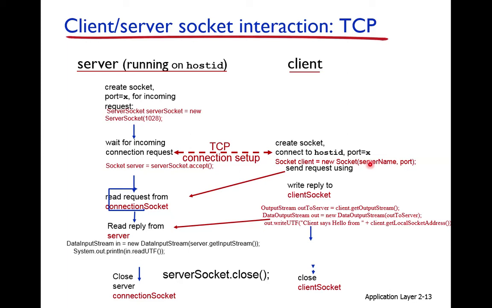When you call it, it will basically send a request for TCP connection, and we will discuss the TCP connection establishment process later. So it will send the TCP connection request. The server is already waiting for the connection request, so when the connection request arrives, it accepts the connection,